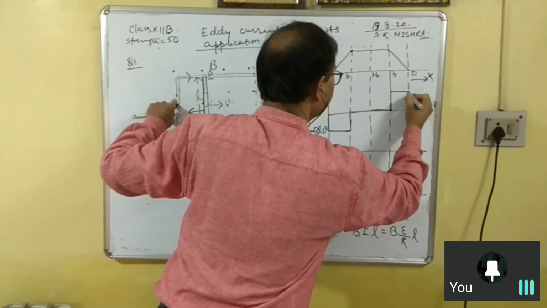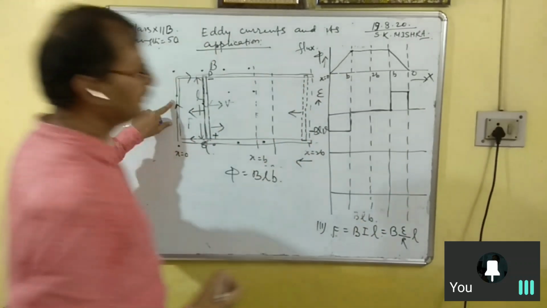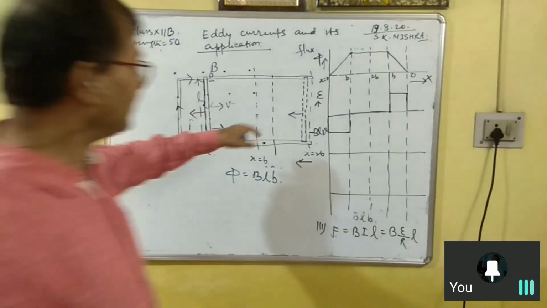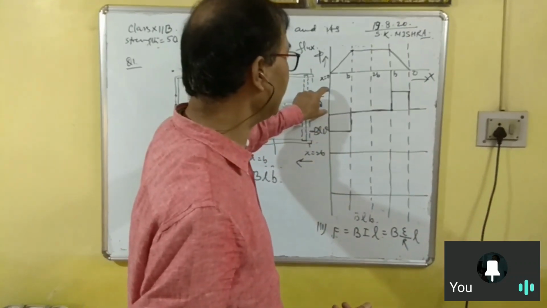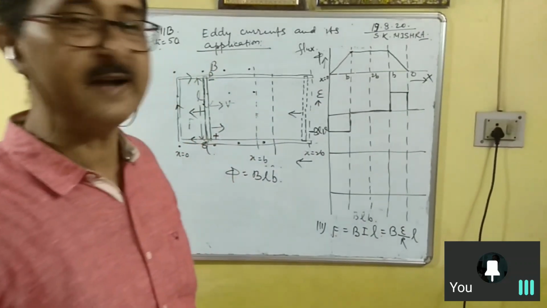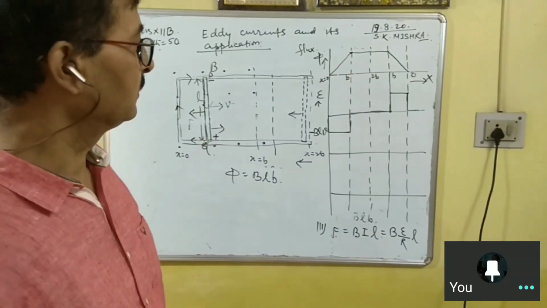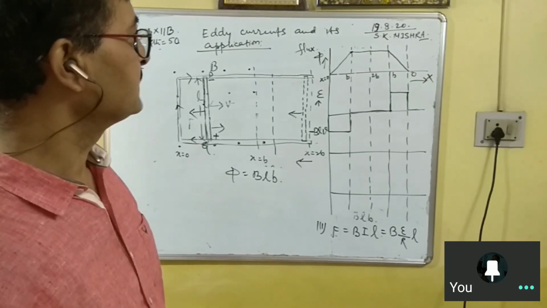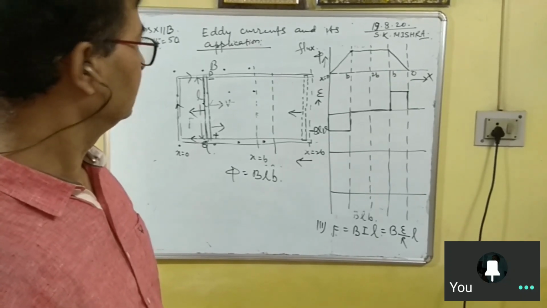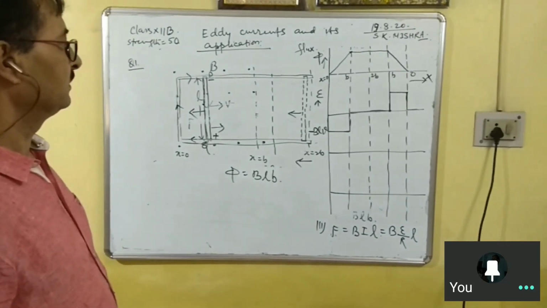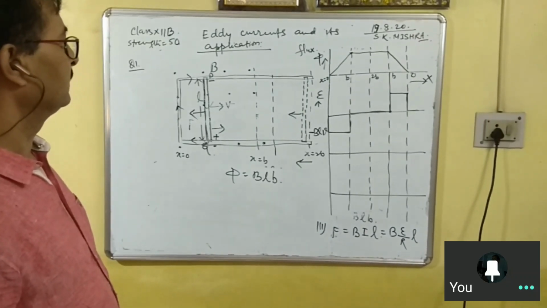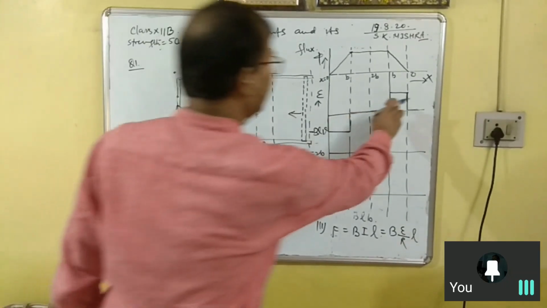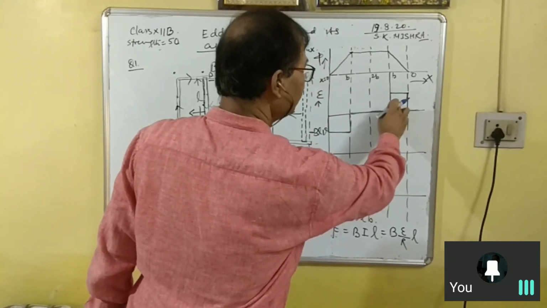Induced EMF becomes 0. So are you getting this graph? Whatever is this negative peak, this positive peak will have the same value. Same value. Now this graph, this portion you are talking,